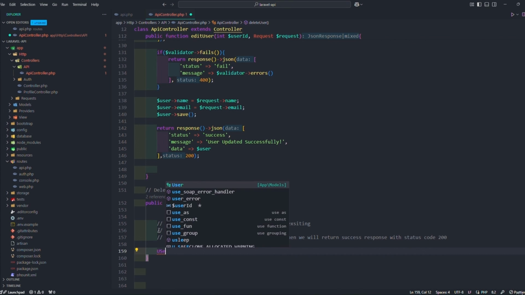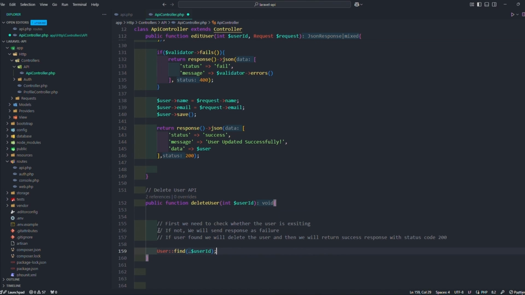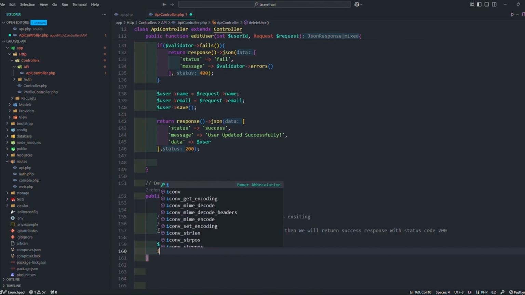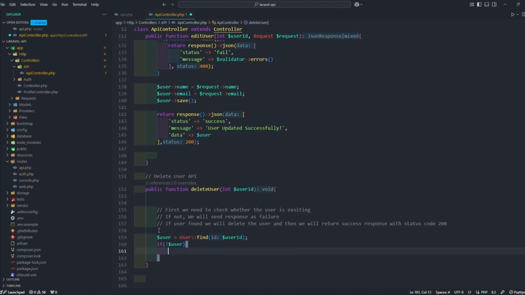First, we are using user model find by user ID. Let's store this in user variable. Let's check one condition. If not user means we will send failure response,